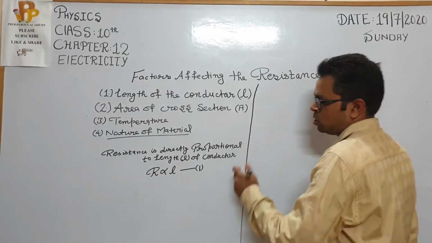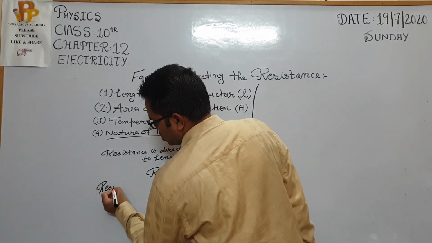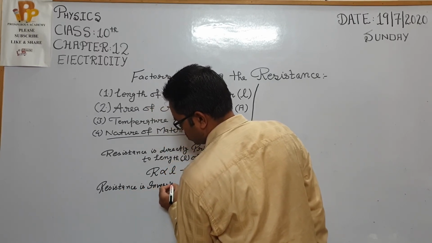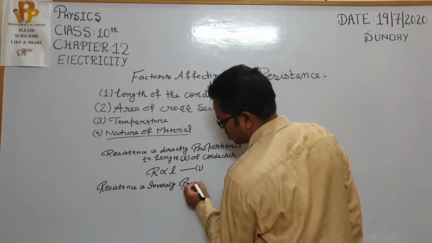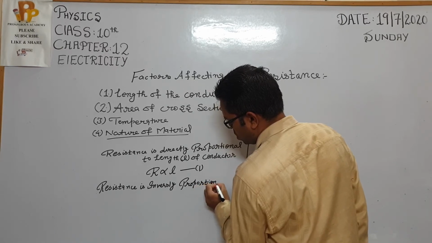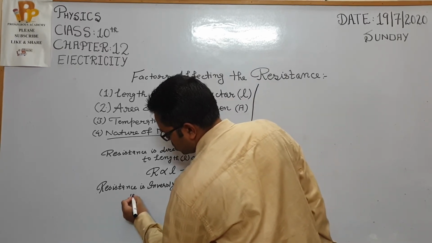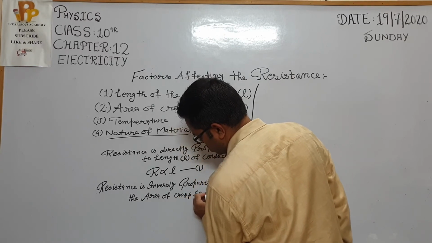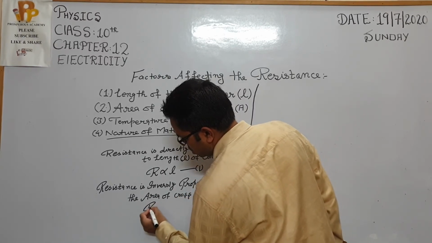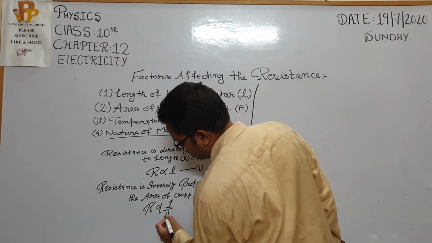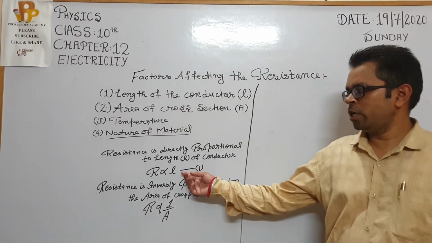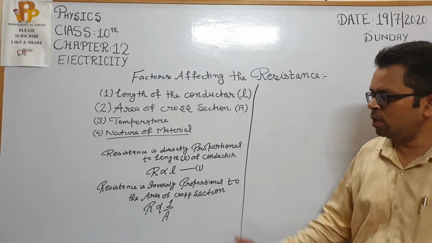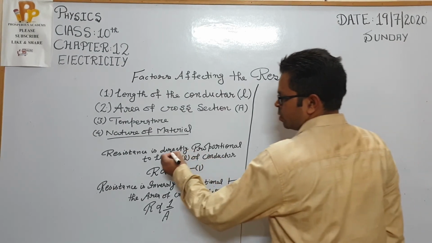Second thing, area of cross section, that is resistance is inversely proportional to the area of cross section, that is resistance is inversely proportional to 1 upon A. Now you here see that directly proportional and inversely proportional symbols for both are same, but difference is that when you write directly proportional,